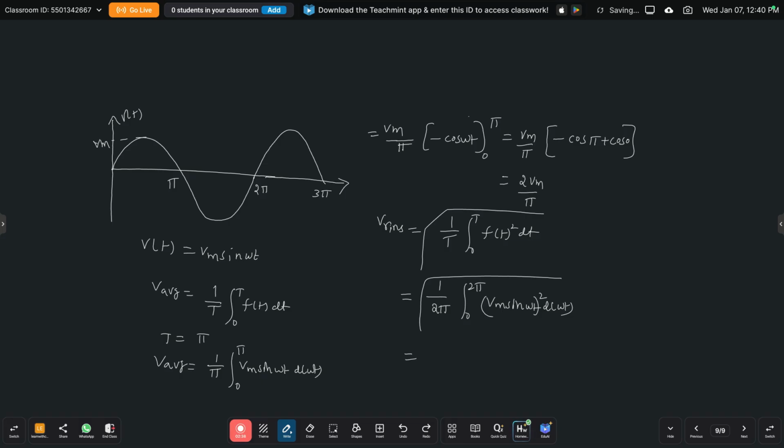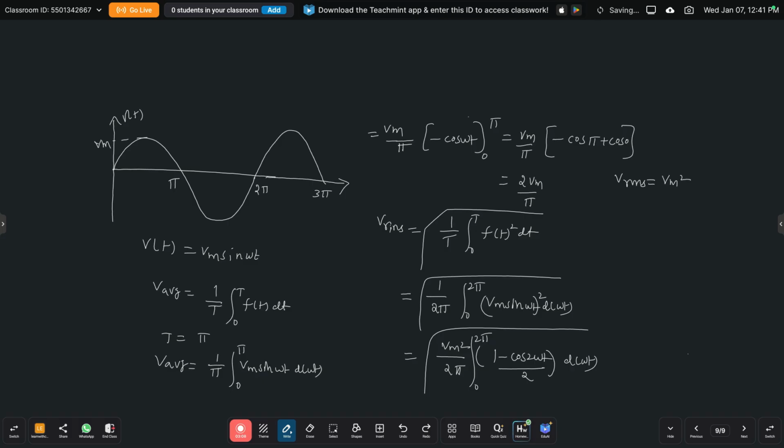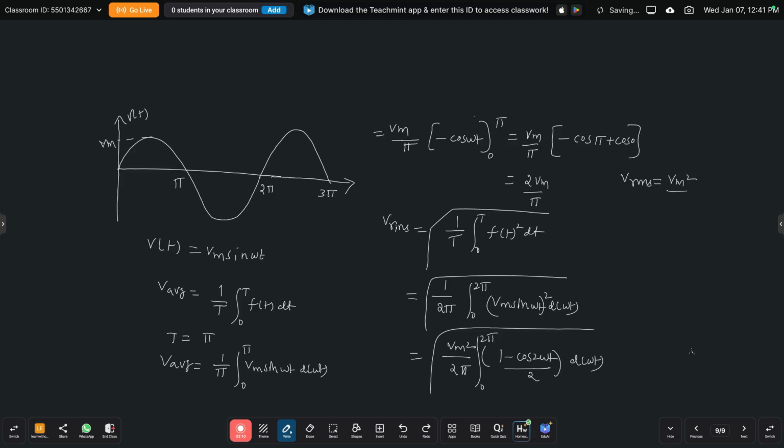Which is equal to Vm square by 2 pi, sin square omega t can be written as 1 minus cos 2 omega t by 2, integral 0 to 2 pi d of omega t, under root. So Vrms is equal to, now separate the terms and apply the limit, Vm square by 2 pi